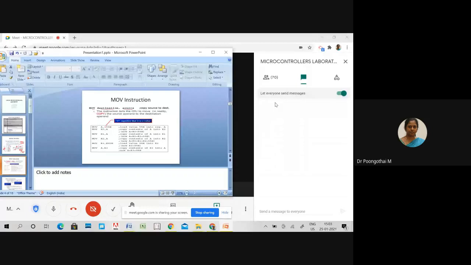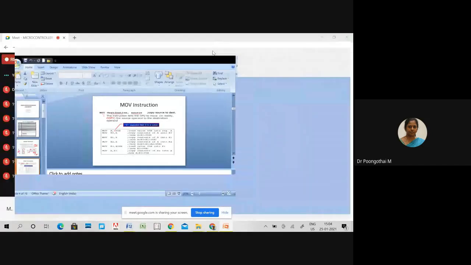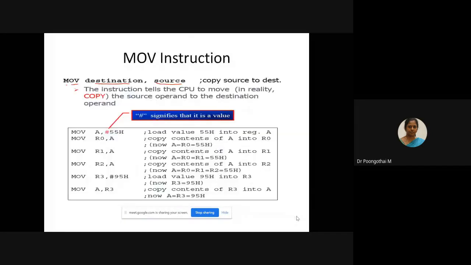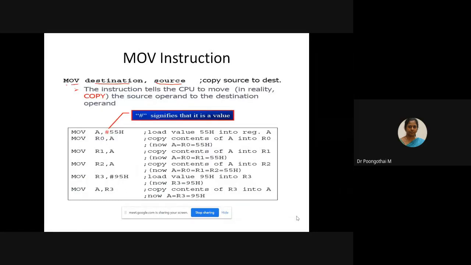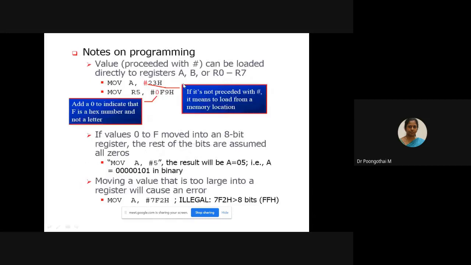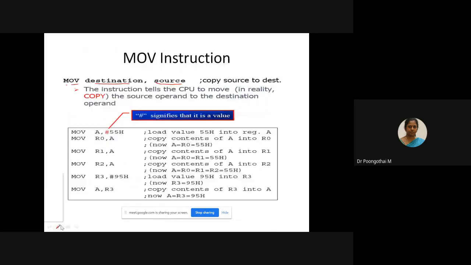What is the purpose of the move instruction? It just copies the data from source to destination. This is the source operand and this is the destination operand.